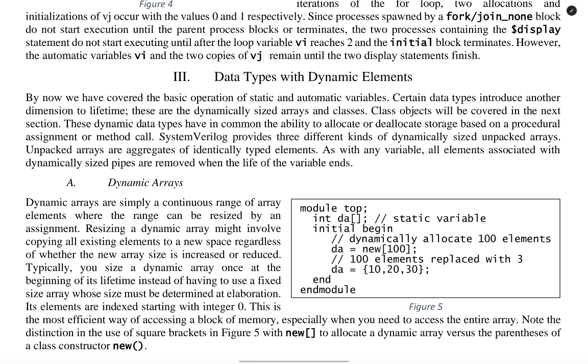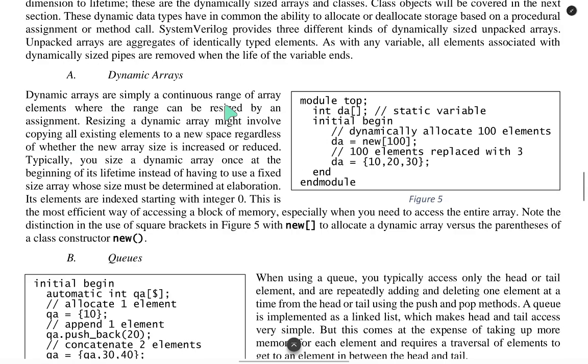These dynamic data types have in common the ability to allocate or deallocate storage based on a procedural assignment or method call. SystemVerilog provides 3 different kinds of dynamically sized unpacked arrays. So the unpacked arrays aggregate the dynamically typed elements. As with any variable, all elements associated with the dynamically sized types are removed when the life of the variable ends. A. Dynamic arrays. Dynamic arrays are simply a continuous range of array elements where the range can be resized